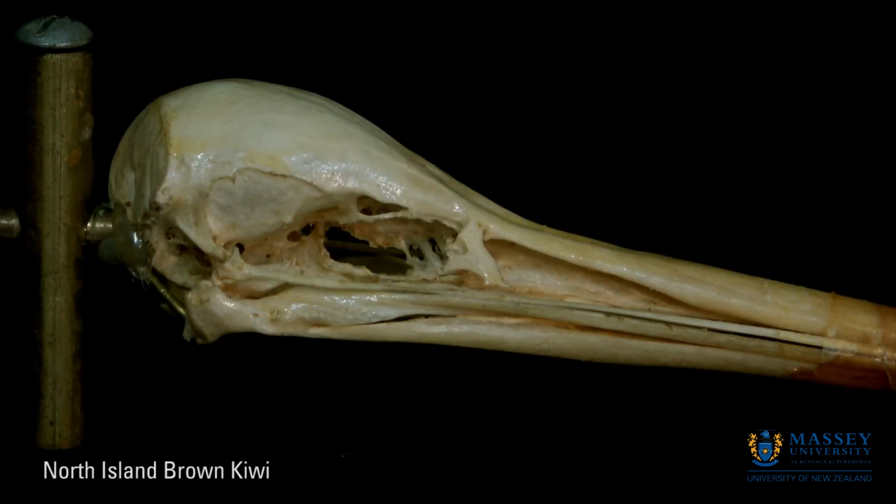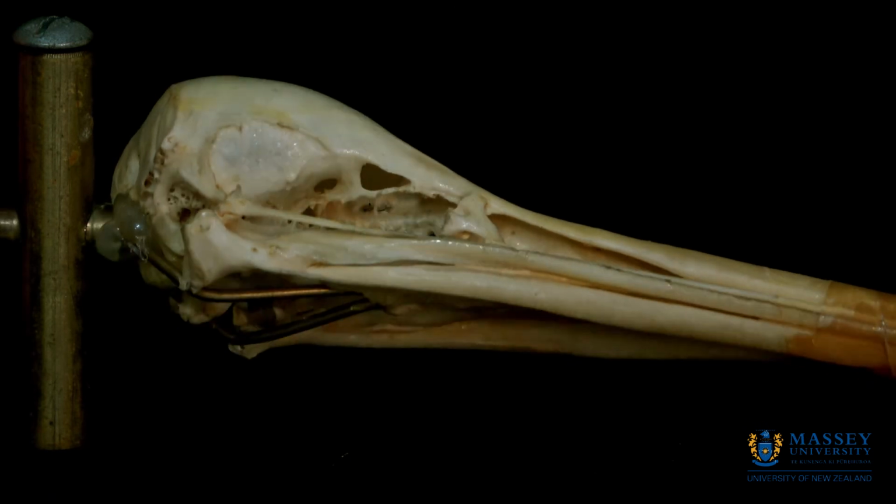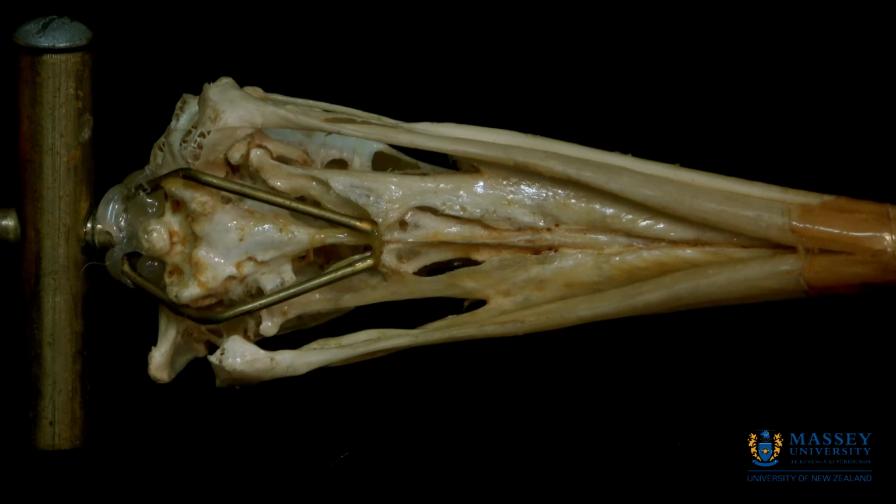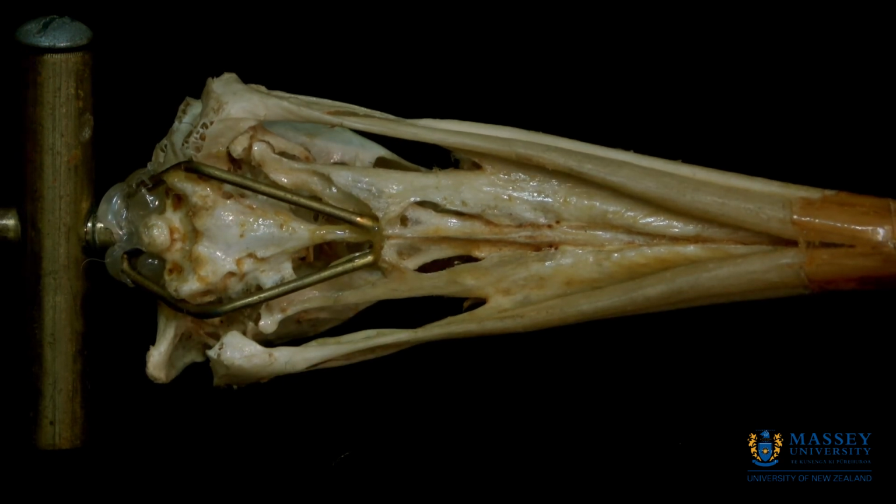In the paleognathous birds, the palate structure differs. This is a kiwi skull. If we rotate the kiwi skull around, we can see the ventral side of it. So again, we have a quadrate tucked in here, articulating with the lower jaw, and the pterygoid here is a small bone that is fused with the